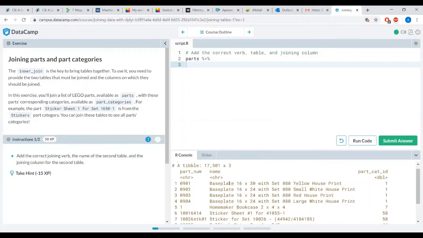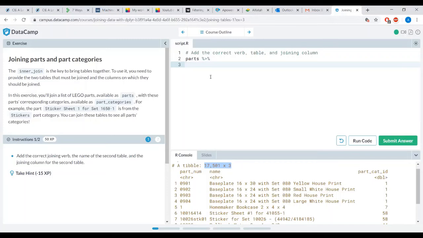Okay, so basically the purpose, one of the primary reasons why we have data stored in multiple tables generally is that you want to save your data storage, ठीक है। उसका ये होता है कि आप basically, for example, आपके पास अगर let's say 17,500 different parts हैं यहाँ, ठीक है।